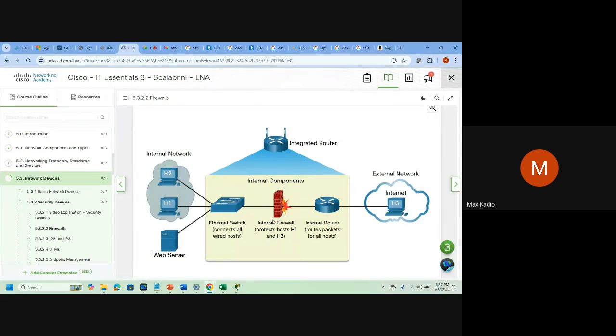So we need to filter traffic. If you don't want people to watch porn on your network, you do the settings. You don't want people to watch YouTube during office hours, you do the settings to block them. So it's a device that will allow or deny traffic in or out of your network.